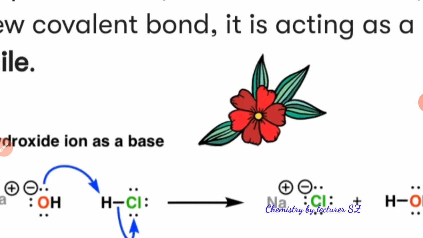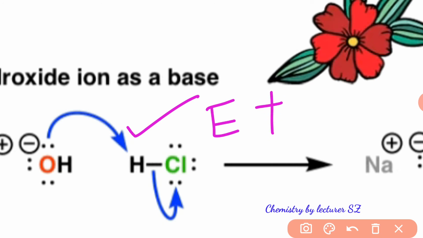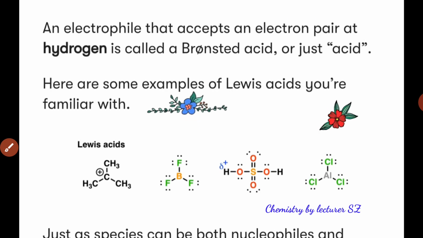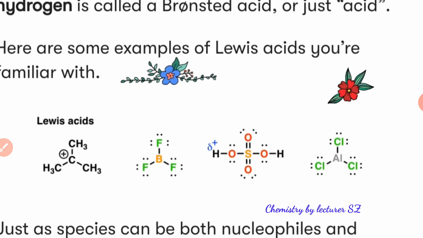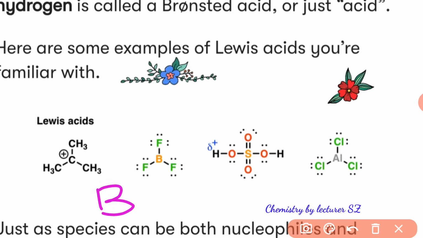Here I told you that the hydrogen is accepting the electrons provided by oxygen, so that's why it is termed an electrophile. This is an electrophile. Okay, for the Lewis acids, the carbon carries a positive charge. This is a very strong Lewis acid or strong electrophile because it is having three methyl groups that are stabilizing this cation. And there can be some electron deficient compounds as well. Boron is an electron deficient compound. Here it is mentioned, this is an electrophile.